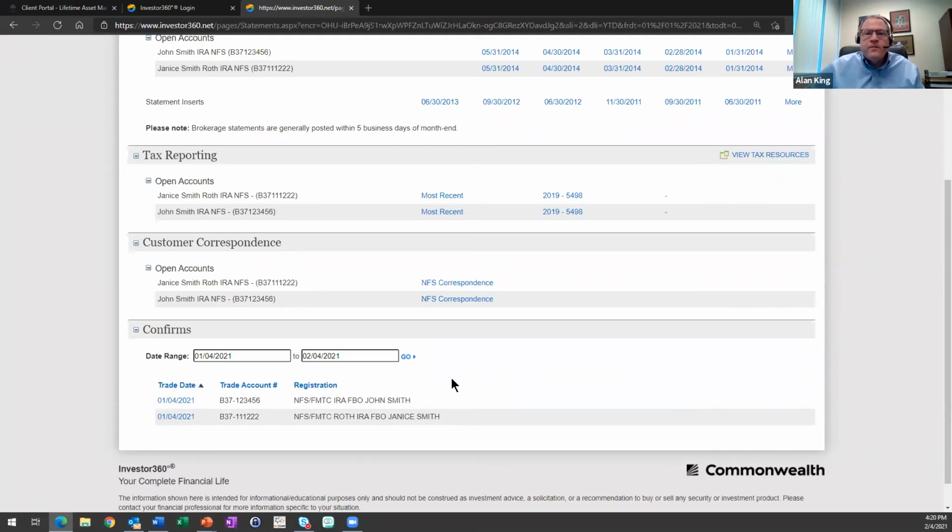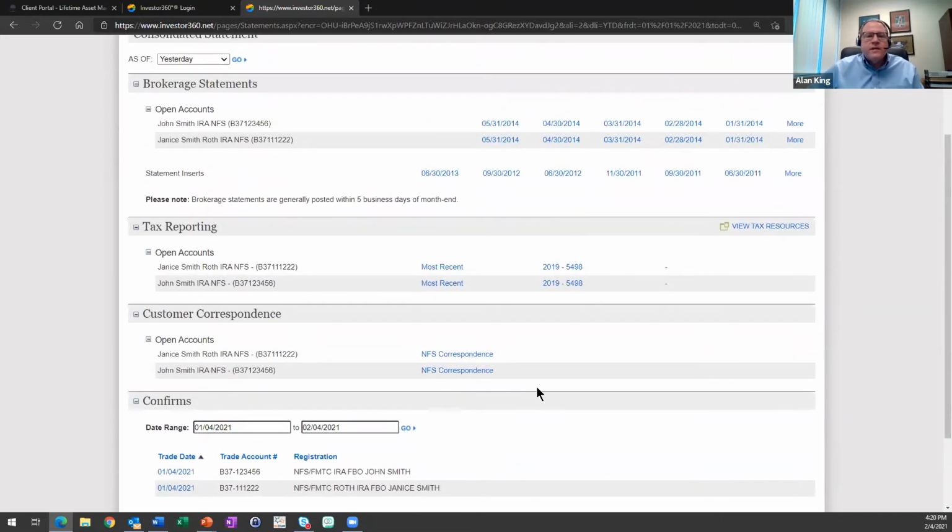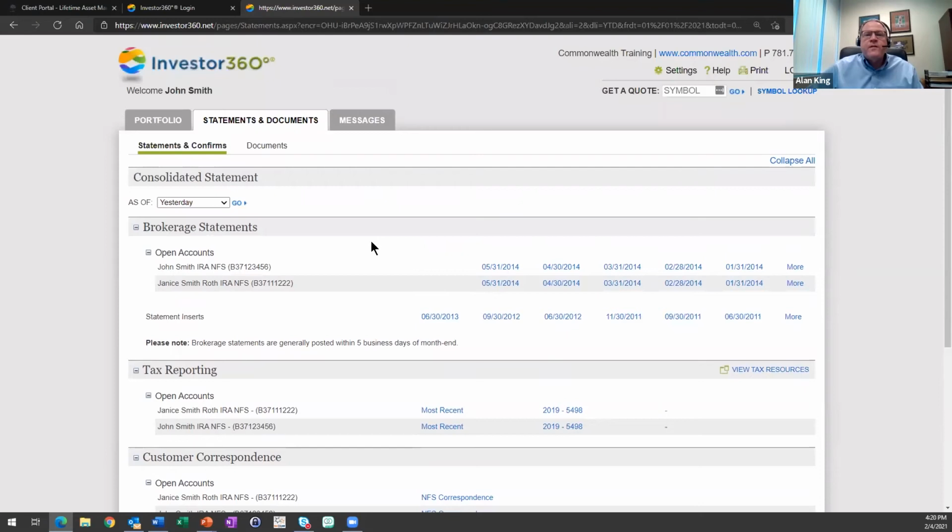Now, what a lot of people have said is, it's great that you are keeping us informed and sending us monthly statements and transaction confirmations, but I don't need all that paper. Let's set those up for paperless delivery. And it's real easy to do. Just when you get logged in, go up here to this settings link. If you click on that,